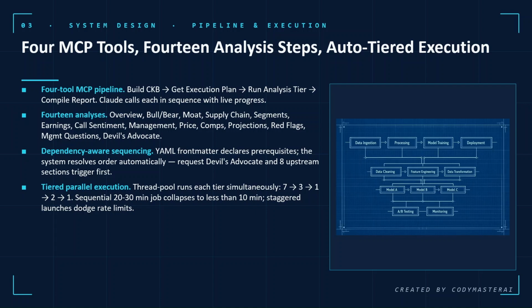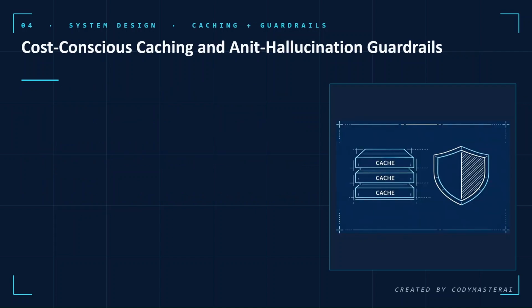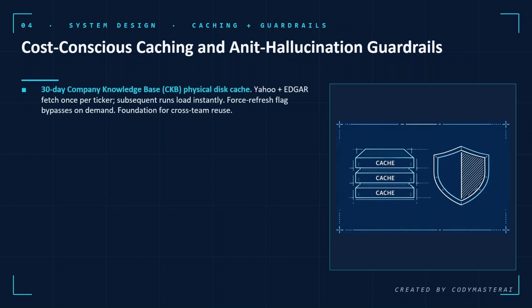A job that would take 30 minutes sequentially finishes in under 10. Cost was a real design constraint from day one, given I'm a solo developer researching with my own subscription plan. I designed a 3-layered caching mechanism, both with the intent to save cost but also with the spirit to later support shared team usage. In the first cache layer, the company knowledge base or CKB, the company subject to research will have data fetched once and stored on disk for 30 days, shared across every analyst or team that might